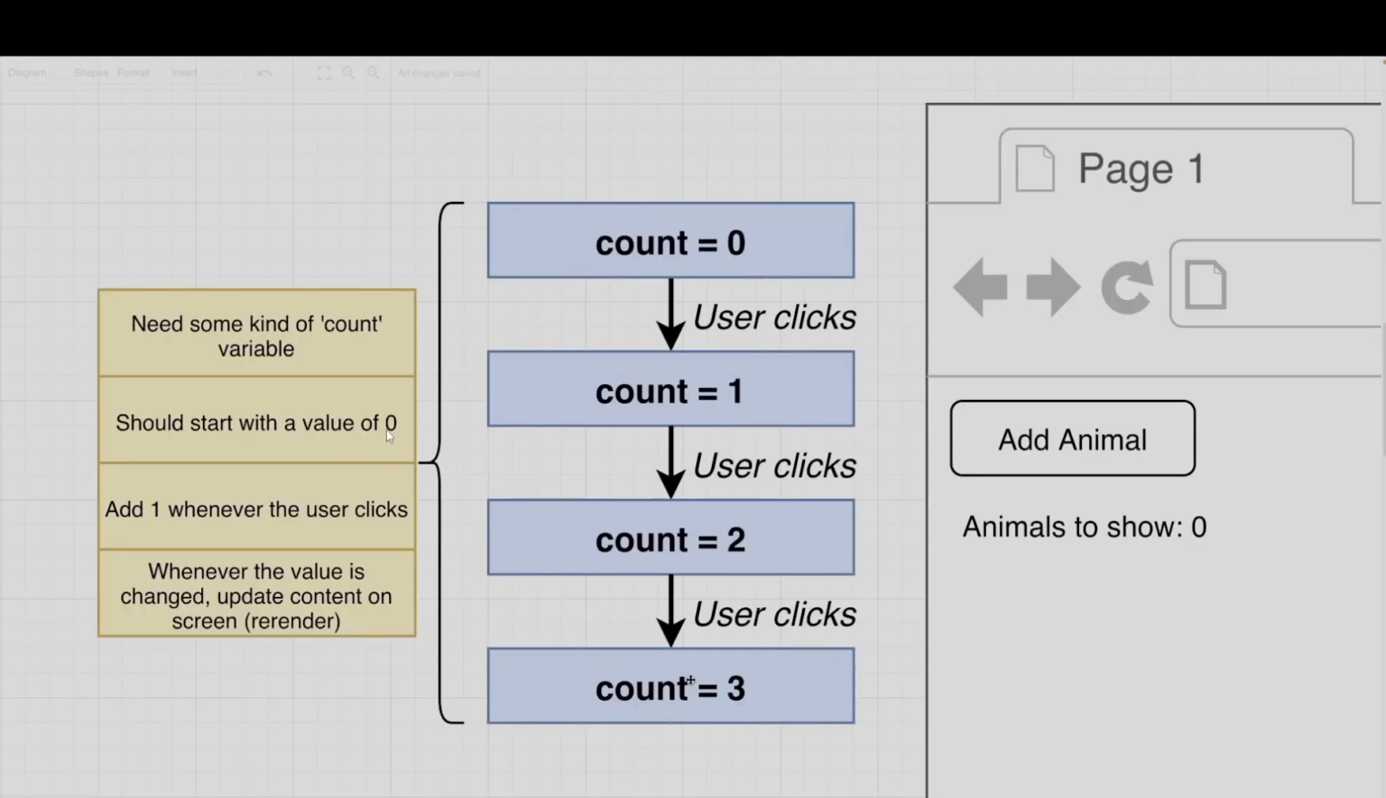Now in order to achieve this result, we need to make some kind of count variable in JavaScript, and it should start with the value of 0. As you can see, count is starting with the value of 0, and it will show 0 when the app loads, and we will add 1 whenever the user clicks on the add animal button. Whenever the value is changed, we will update the content on screen, which is known as re-render in professional language. So that's what we need to do,